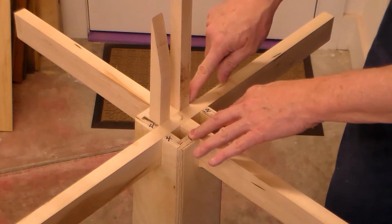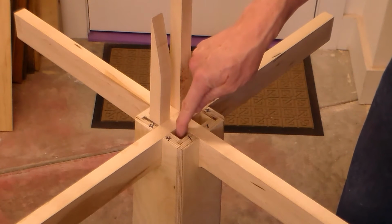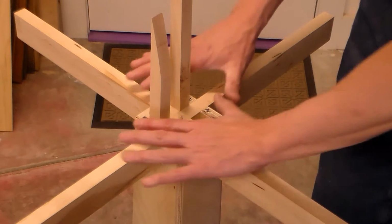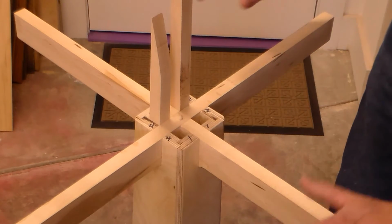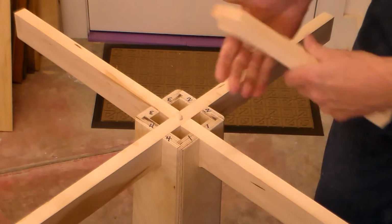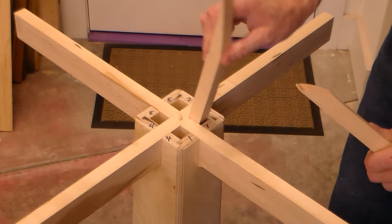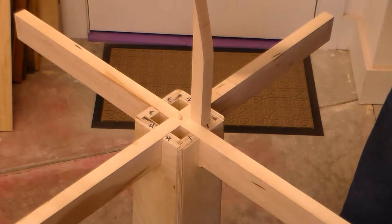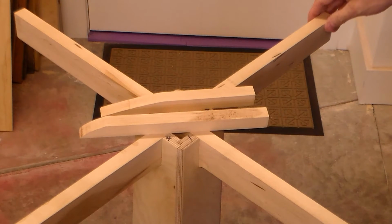So when I put the glue on them, they'll be about this long, but I'll drive them just a shade past the top here so that they don't interfere at all, and that'll really solidify this piece up on top. There's no way that that's gonna flex or move now. So I just wanted to show that to you. That'll be a nice way to tighten this thing up, just by driving these in there and putting a little glue on them. Okay, so that part is